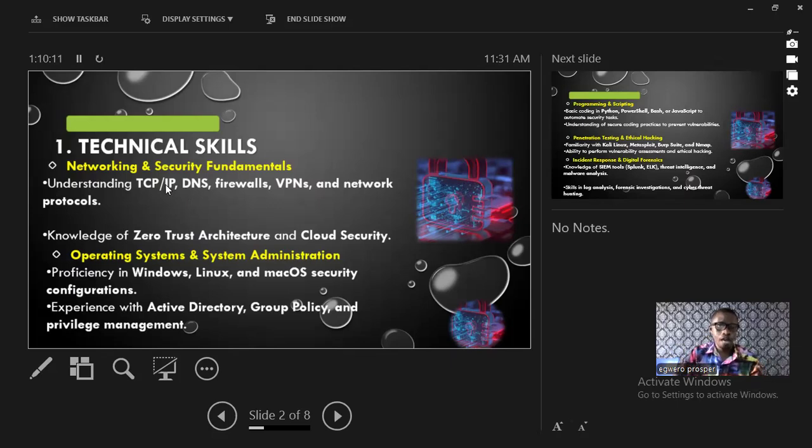Now, what is the full meaning of the IP? We have been hearing IP address, right? IP means what? Internet Protocol. And what is Internet Protocol? He'll be writing them down now. I'm just trying to explain those key words in that first technical skill that every cybersecurity expert should have. So we are looking at the second one now, the IP. I've just explained the TCP, now the IP, which means Internet Protocol.